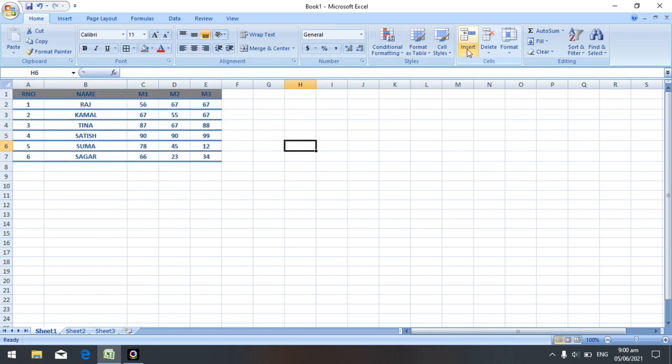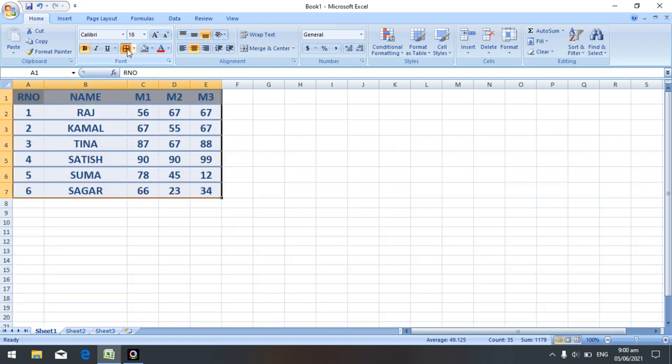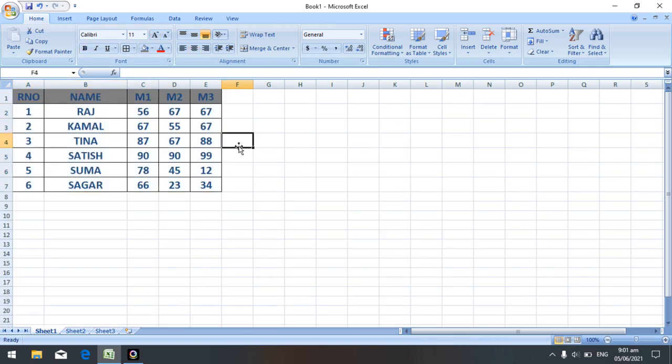Next one is insert, delete and format. So I will increase the font size. Okay. Now I want an extra row in between 1 and 2. So what you have to do is place the cursor in the third row, then click on the insert tab, cells group and click on insert.